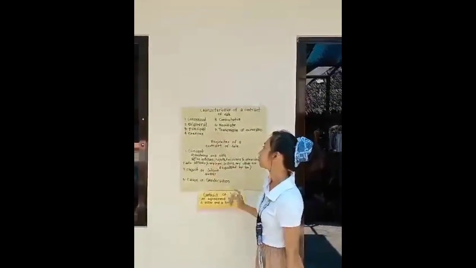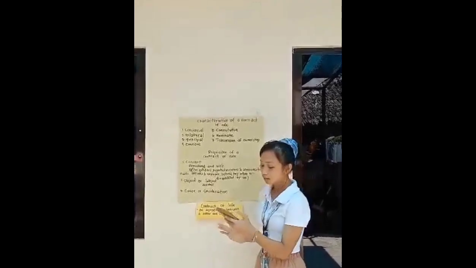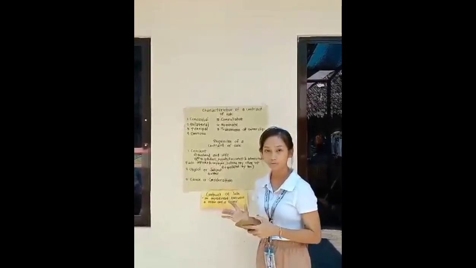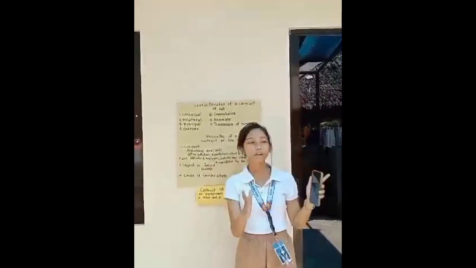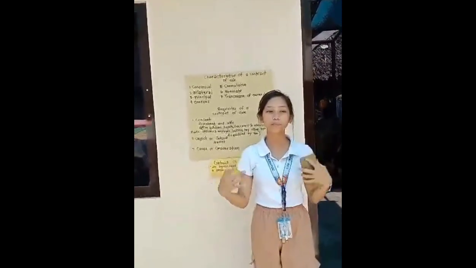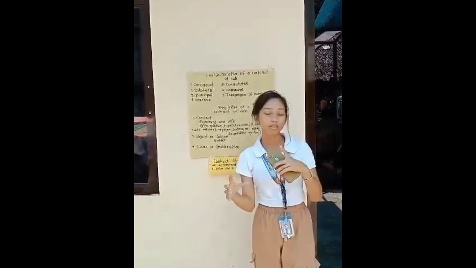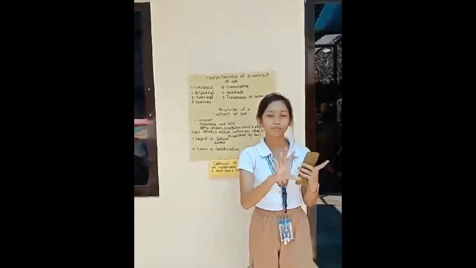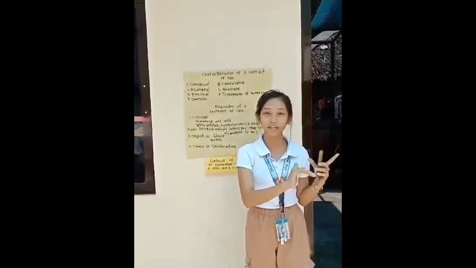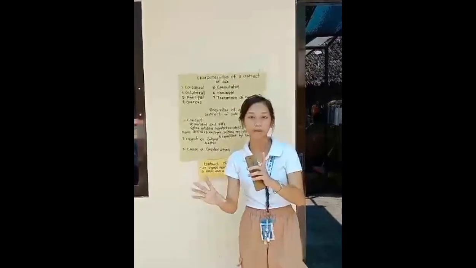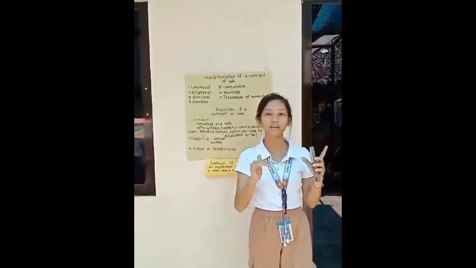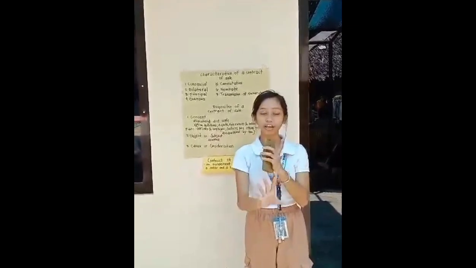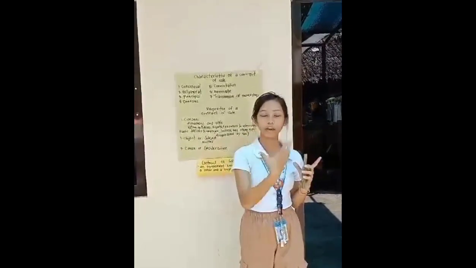The next is bilateral. A bilateral contract is a contract in which both parties exchange promises to perform. So for example, both parties, party A and party B, make promises, contract promises, that only they are obliged to fulfill in the contract they made. So for example, party A makes a promise to party B, then party B makes a promise to party A. So the two of them make promises that only they are obliged to keep. Party A's promise is to party B, and party B's promise is to party A.